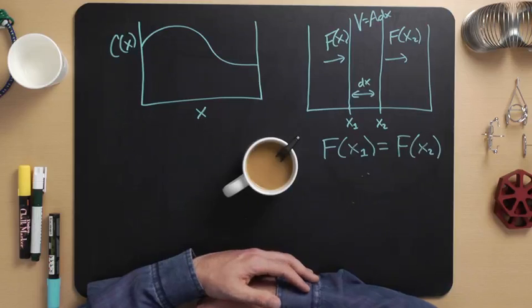The next simplest choice we can make is to propose that at any given x, say x1 or x2 in the figure, the propensity of the chemical to flow in the positive x direction is a function of the derivative dC of x dx rather than C of x. And, thinking back to mechanical systems, the simplest choice we could make is to make the constitutive law be linear with respect to the derivative of C. Lastly, what should the sign of the constant be? Well, if the concentration being higher to the right implies flux to the left, the constant must have a negative sign. These observations put together are called Fick's law, that states that the flux at any given point,